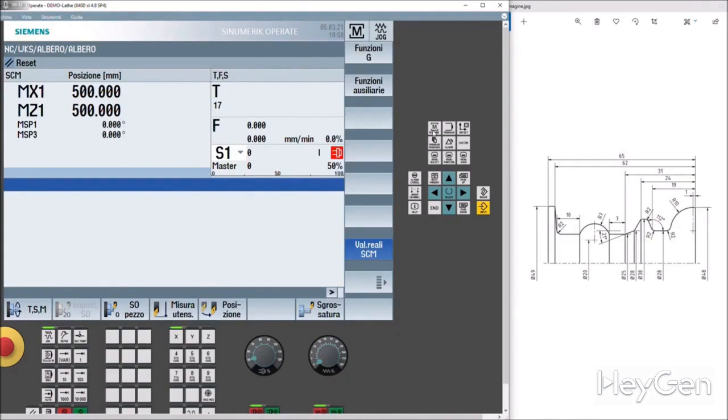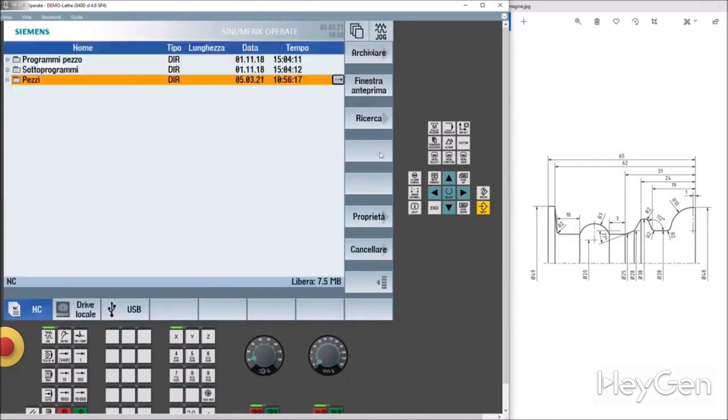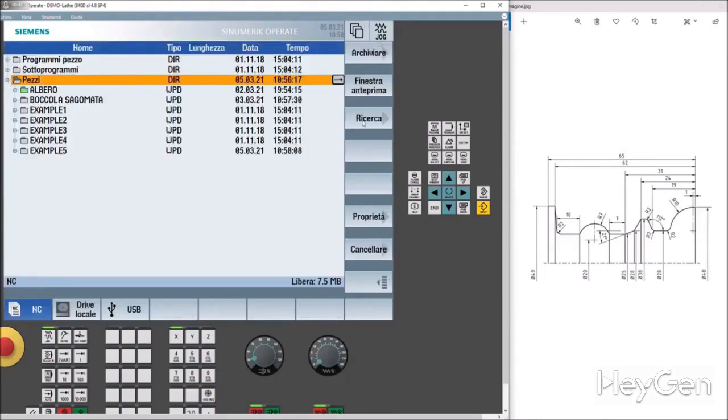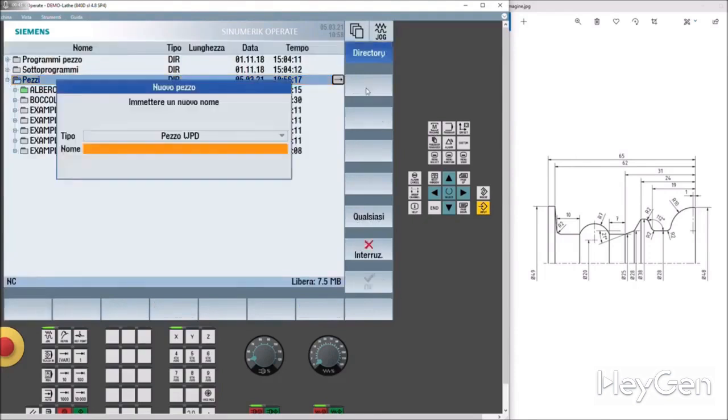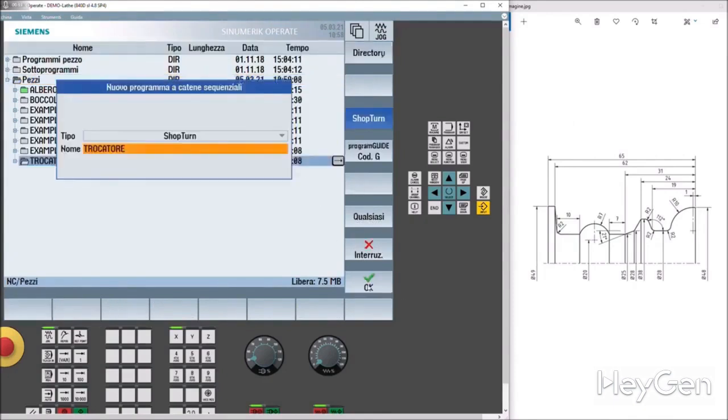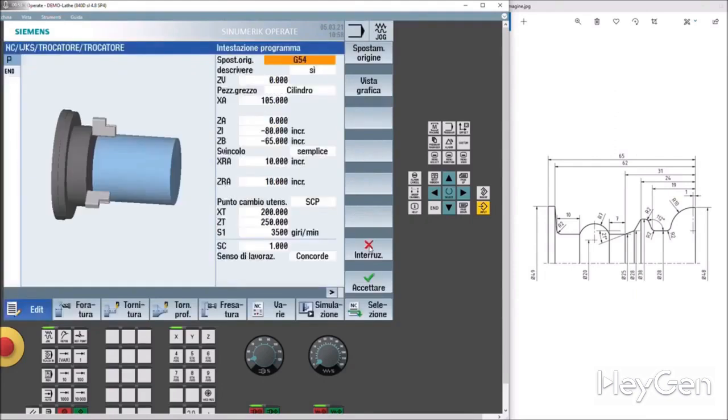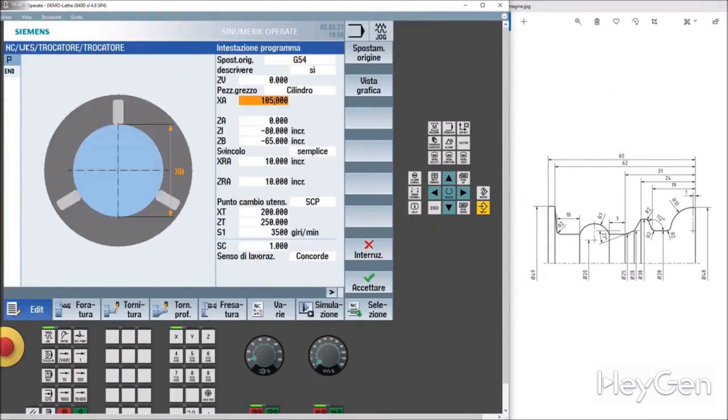Let's do it with Shop Turn, so Program Manager, Folder, Parts. And let's simply create a new folder, Cutoff Tool, okay, and a new program in Shop Turn. The first thing, as always, is to define the raw material, which is a cylinder with a diameter of 50 mm.